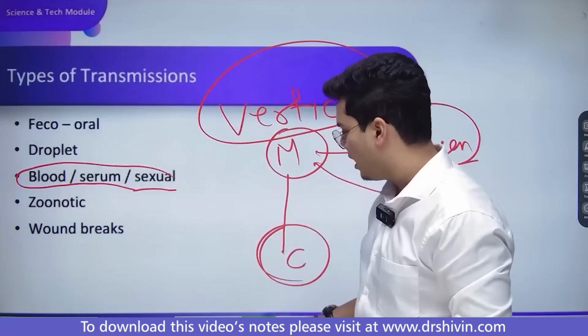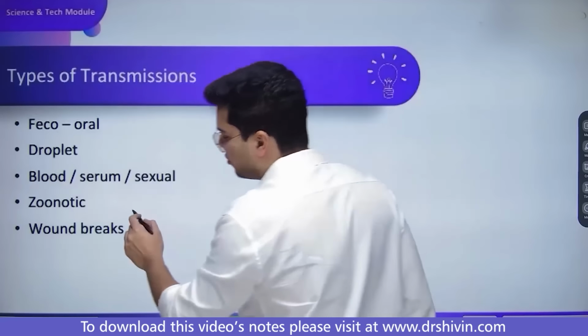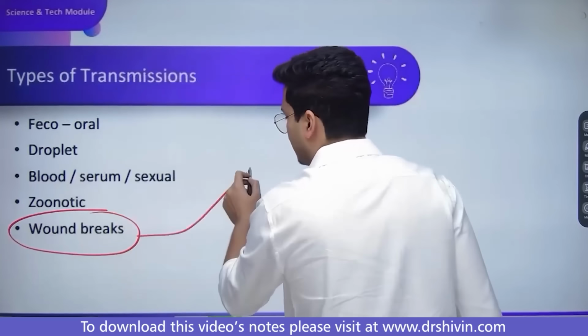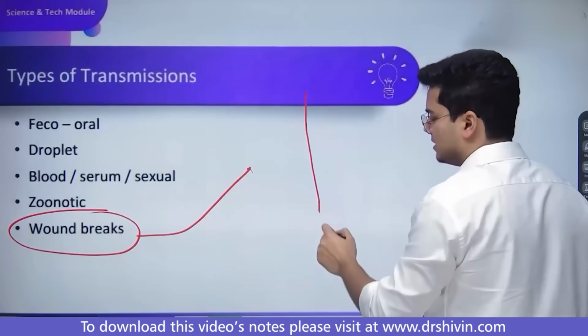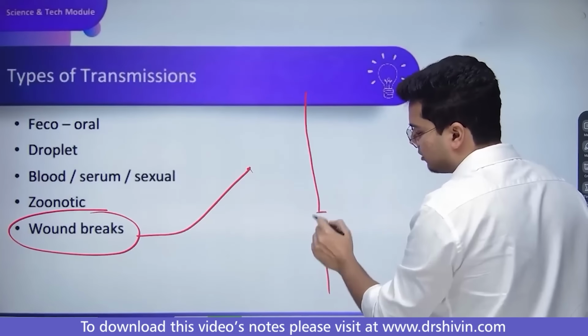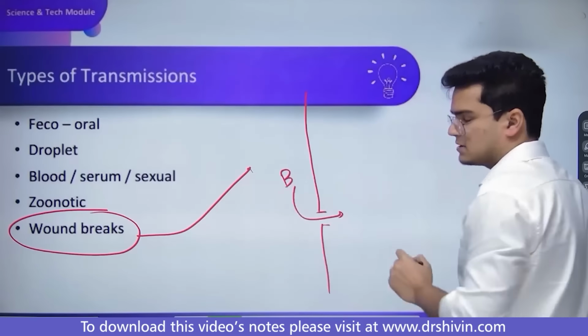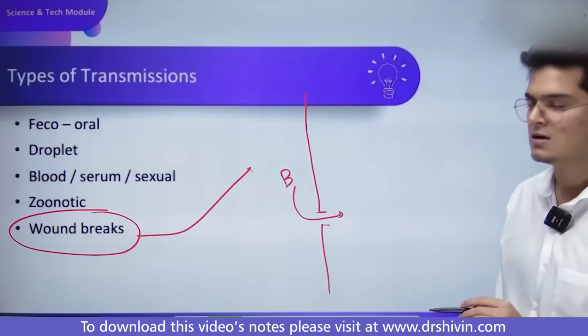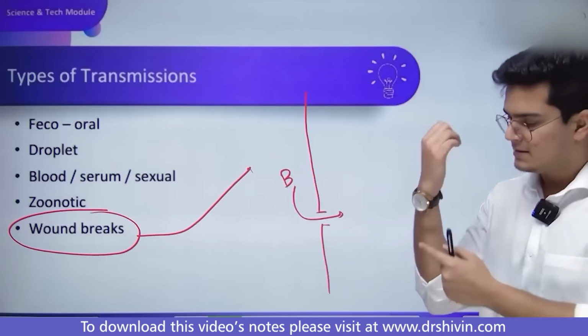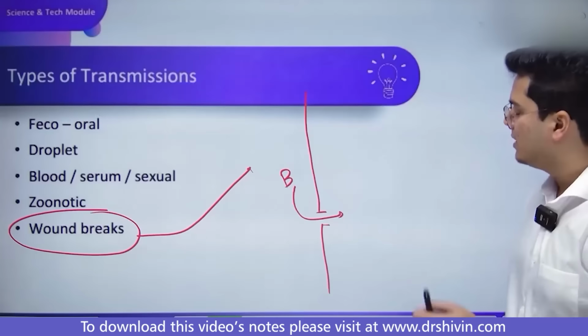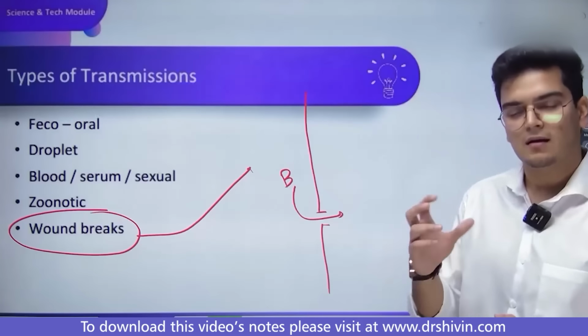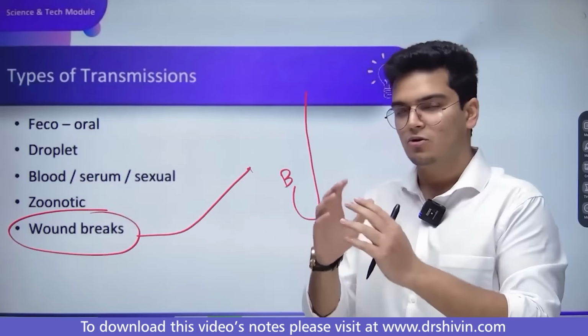Okay, now there is something called wound breaks. zoonotic पे आते हैं। wound breaks क्या होता है? Like this is my skin and I fall down, तो ऐसे एक break हो गया skin में। So from this break a bacteria can enter। इसका हमने एग्जाम्पल भी देखा था टेटनस। दिस इज वूंड ब्रेक, मतलब स्किन में ब्रेक आएगा तब होगा। इट कैन ऑल्सो हैपन इन अ डिजीज कॉल्ड लेप्रेसी।